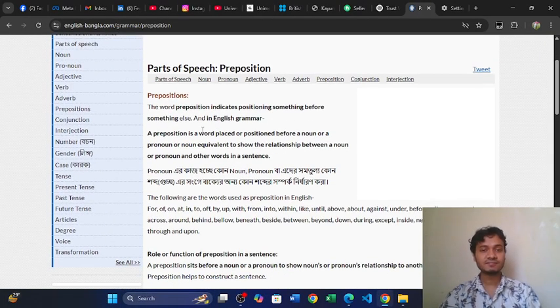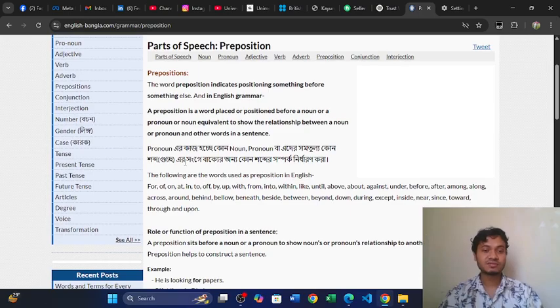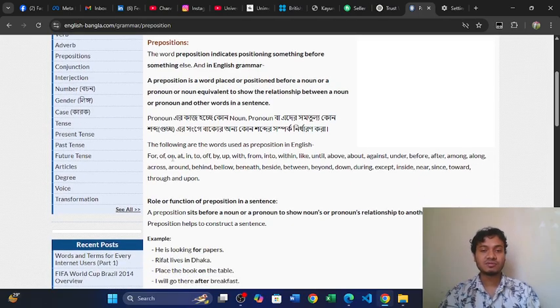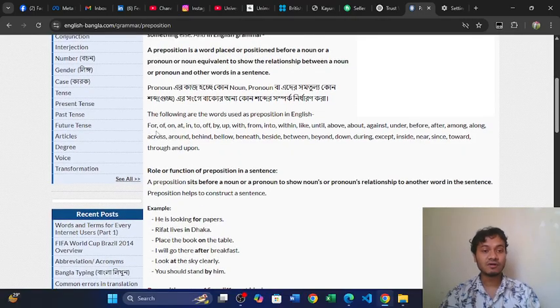So let's see parts of speech. The word preposition indicates positioning something before something else in English grammar. If I want to give you a short definition of preposition, basically it stands before nouns and pronouns. Everybody knows the pronouns and nouns, so let's see some of the prepositions: for, of,